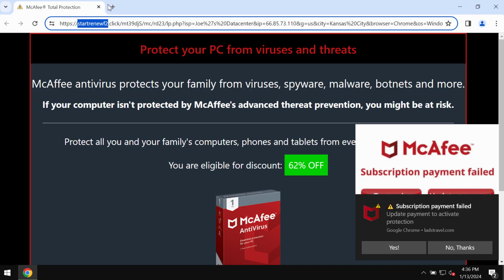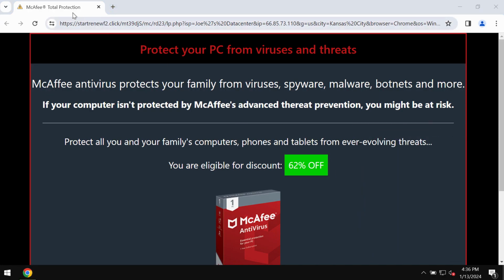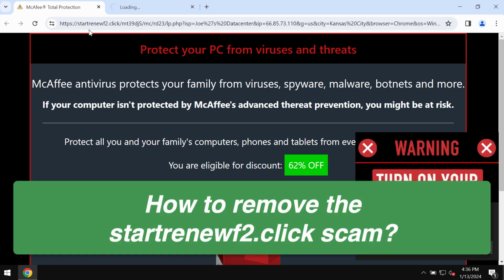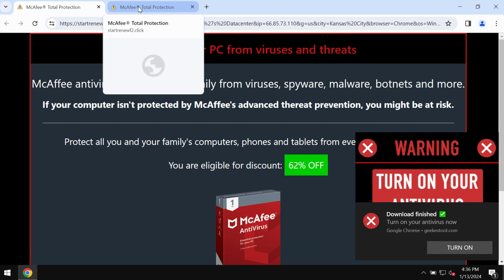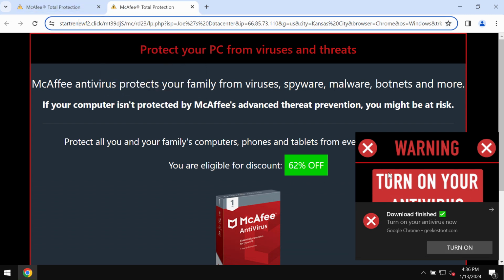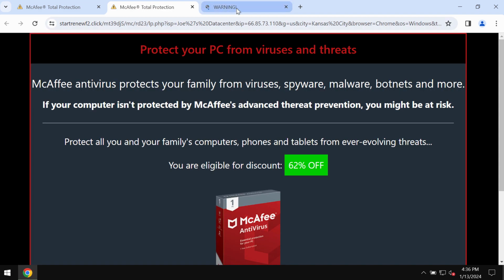My video guide is about getting rid of the pop-up scheme by the site Startrenewf2.click. Startrenewf2.click is a dangerous site. It is dangerous because it displays pretty misleading and junk alerts that try to scare you into downloading and installing some potentially unwanted software. These pop-ups by